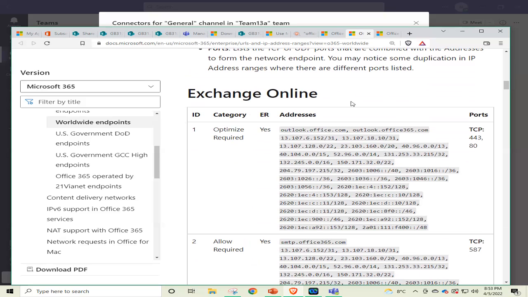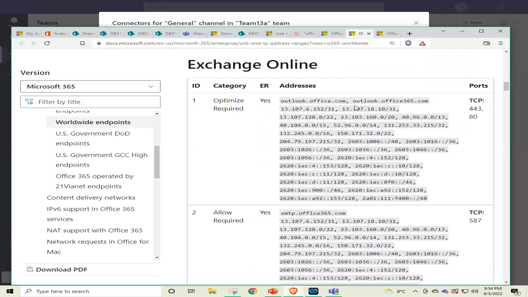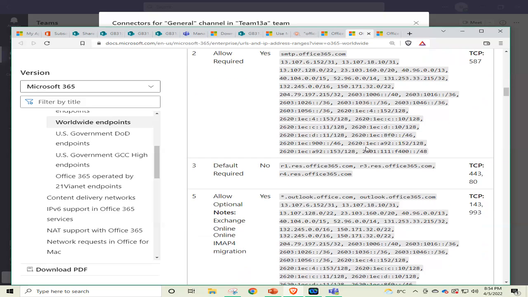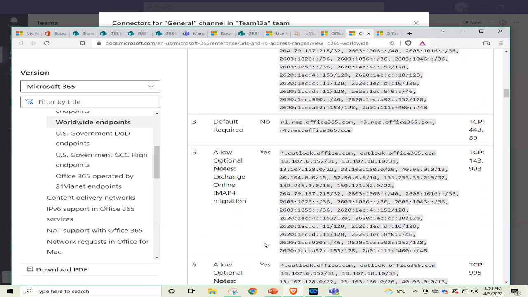Exchange Online, Optimize, Required. Yes. outlook.office.com. I think this one, but we can try. Maybe yes. It is very general. I don't think that is an RSS feed address.